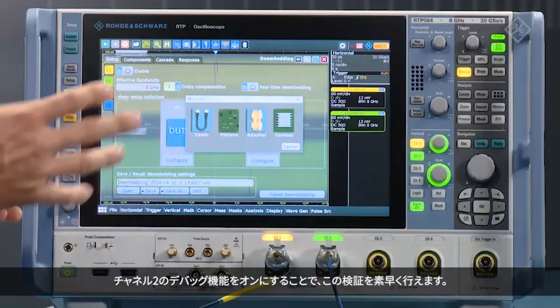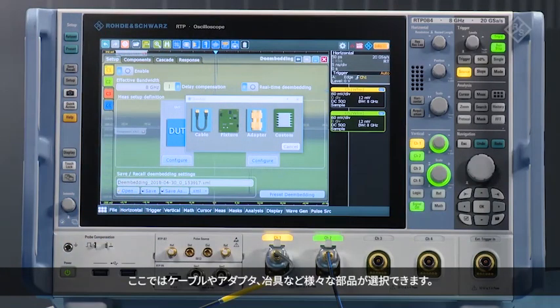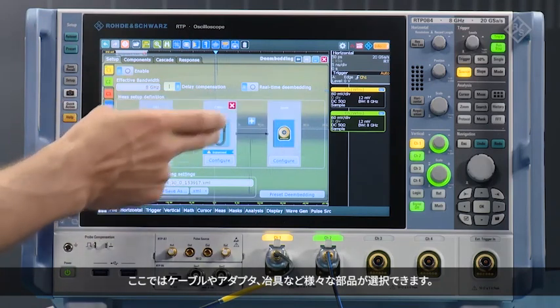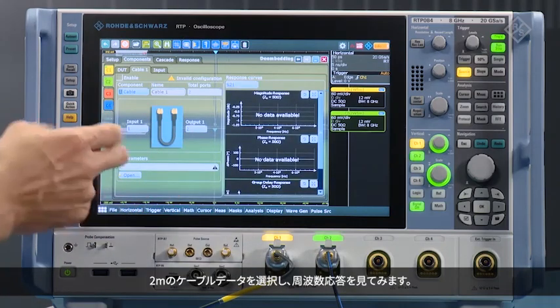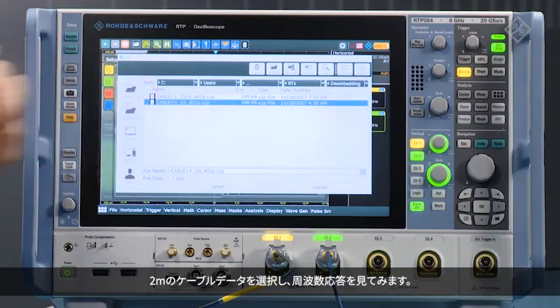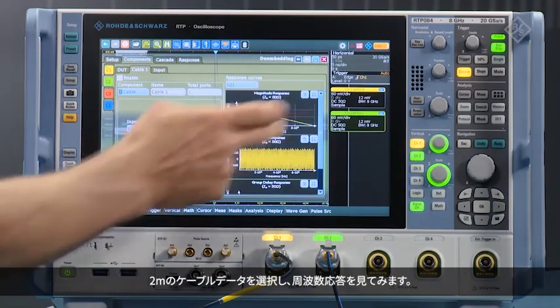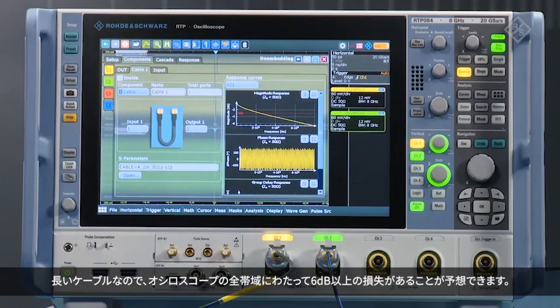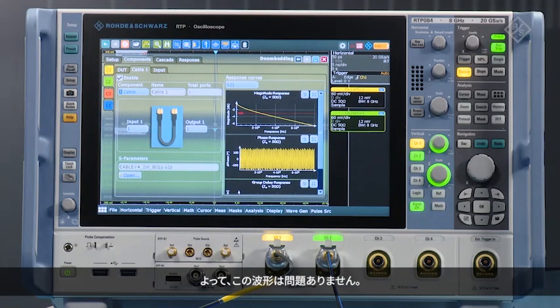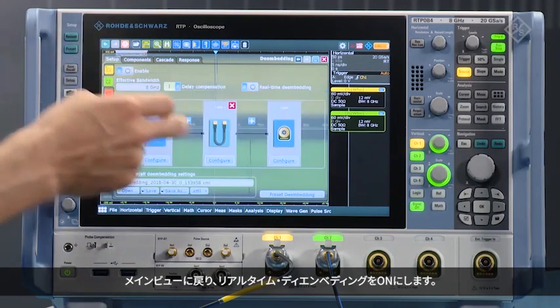function for channel 2. Of all the components that are available here, cables, adapters, fixtures, etc., I'm going to choose cable because that's what we have connected and that's what we're comparing. So I'll choose for this cable example, this is our long 2-meter cable, and just to make sure, I'm going to look at the response, and as expected, long cable has more than 6 dB loss attenuation out to the full bandwidth of this scope. So go ahead, that looks okay, so I'll go ahead and turn this on,